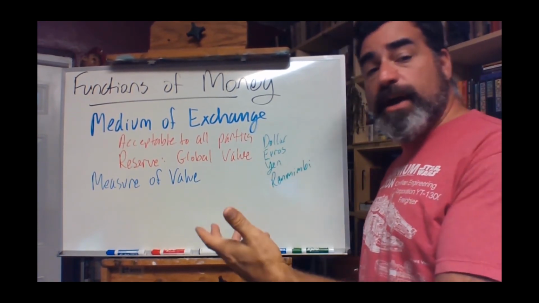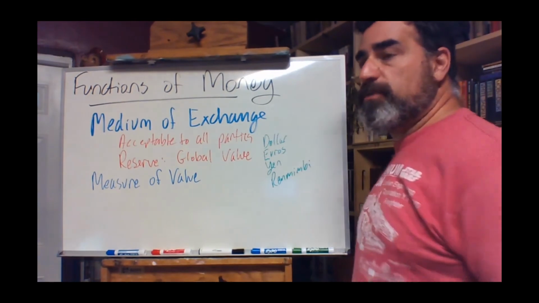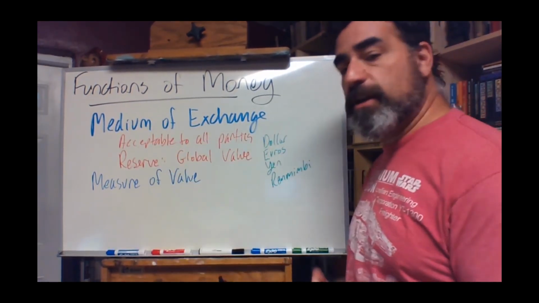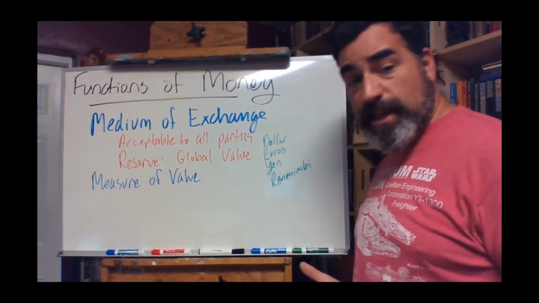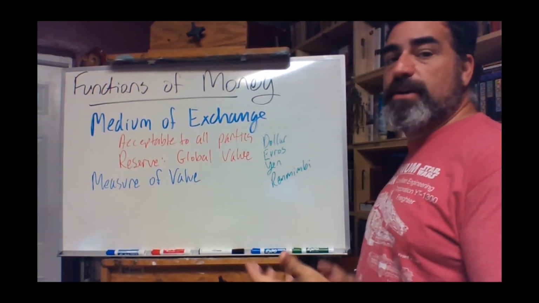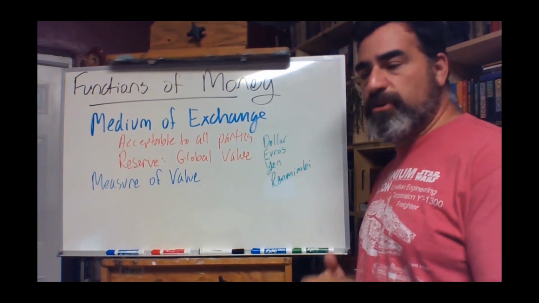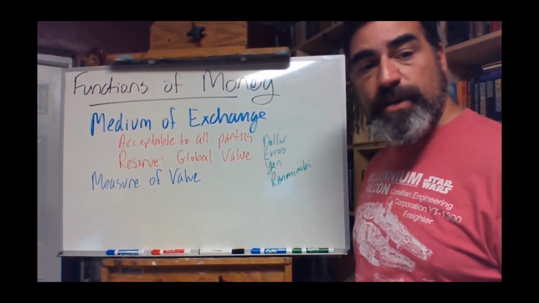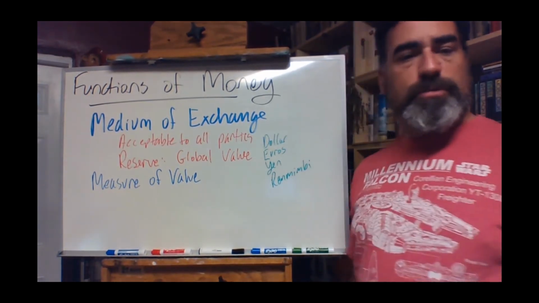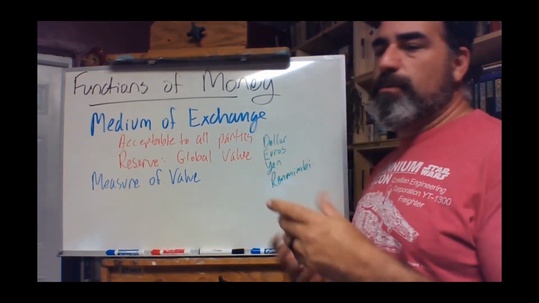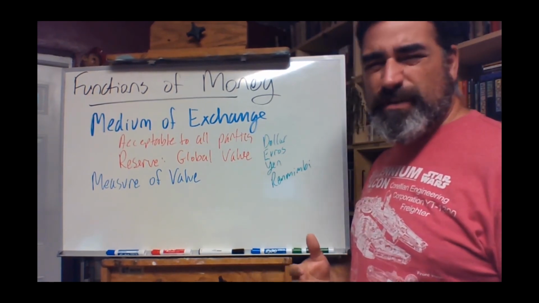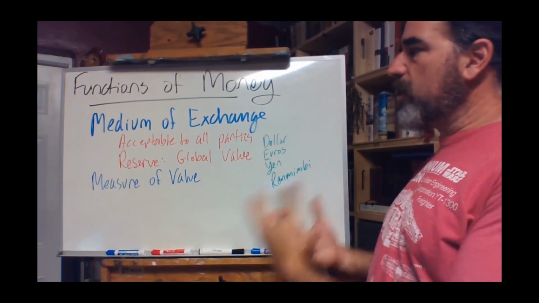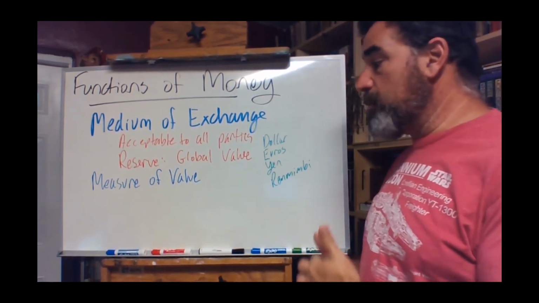You can go and buy a house and know, this house is valued at $250,000. Are you willing to pay $250,000 for this house? Yes, no. It's easy, right? It's not like, hey, this house is worth 200 tons of potatoes. Are you willing to give me 200 tons of potatoes? Well, I don't have 200 tons of potatoes, but I do have 12 cows. All right, well, now I have to figure out what potatoes are related to cows. It's too complicated. By using currency, we use that as a measure of value.